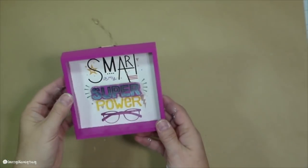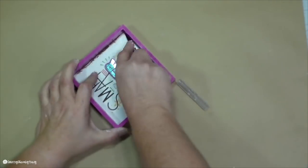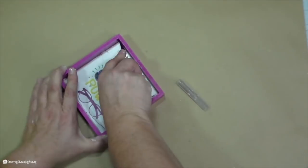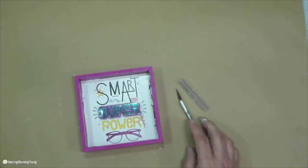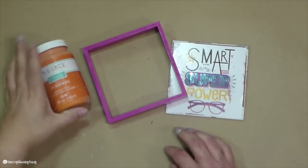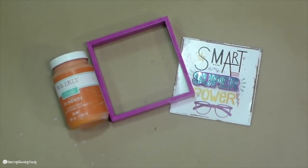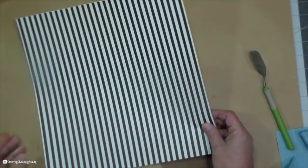This little shelf sitter, it just turned out so cute. It's so simple to make, guys. What I did is I have a 3x3 frame from the Dollar Tree, and it was pink. So I'm like, no, we're gonna have to dress that up. So I took my blade and just cut out the back. I painted the frame with 2 coats of this pumpkin color chalk paint, and then this